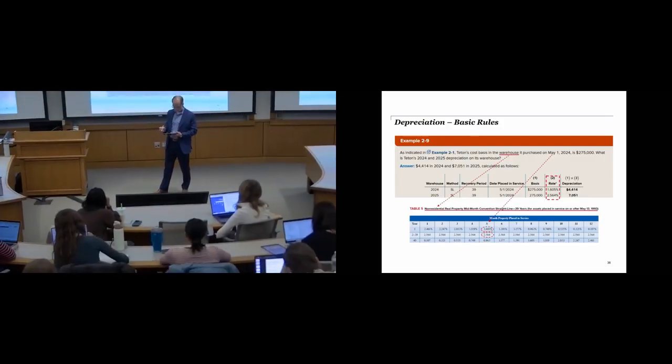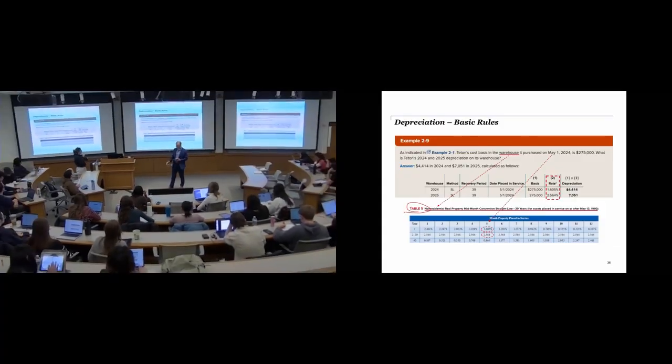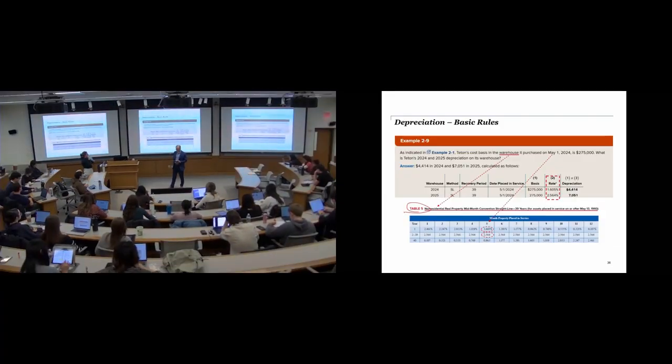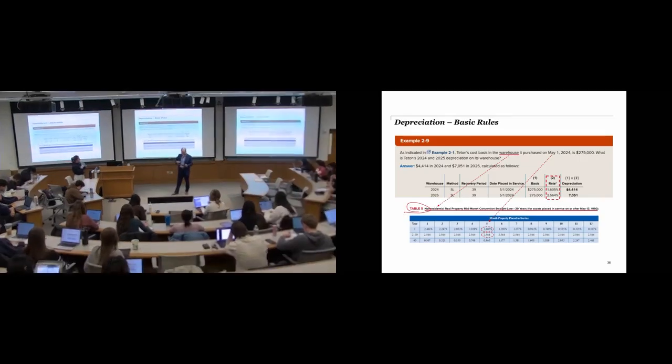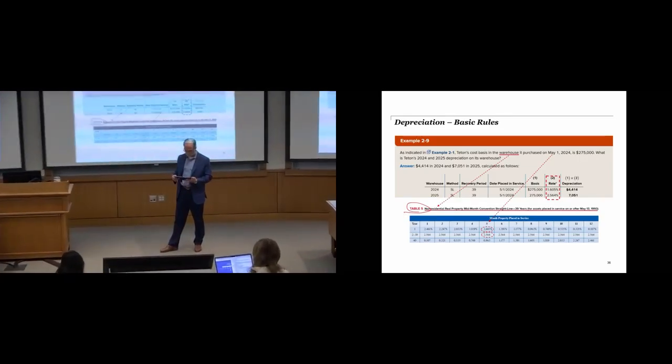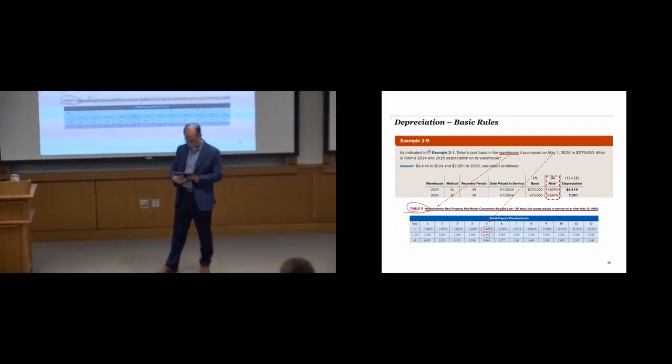So in 2024, we see that we're using the straight line method, 39-year recovery period, placed into service in May. So with the $275,000 tax basis, and the rate is 1.065, because we're looking at month 5 going across and year 1 going down. Month 5, we placed in service in May, and we're looking at year 1. And so that's 1.605%, and so we multiply that by basis to get the